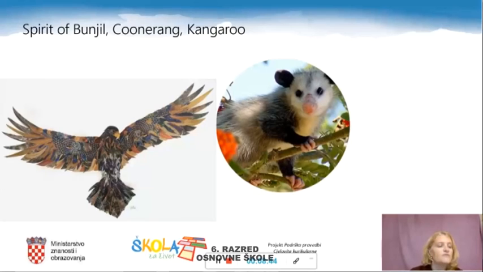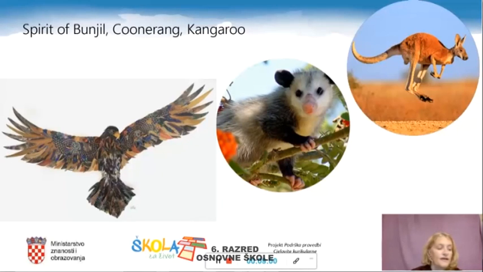So Kunerang dreamed of the white plains and yellow grass. But Kunerang did not understand the dream and wanted to dream only of the trees and the night sky. So Kunerang passed the secret of dreaming onto the spirit of Kangaroo. And Kangaroo stood tall, looked across the plain of yellow grass, and began to dream.